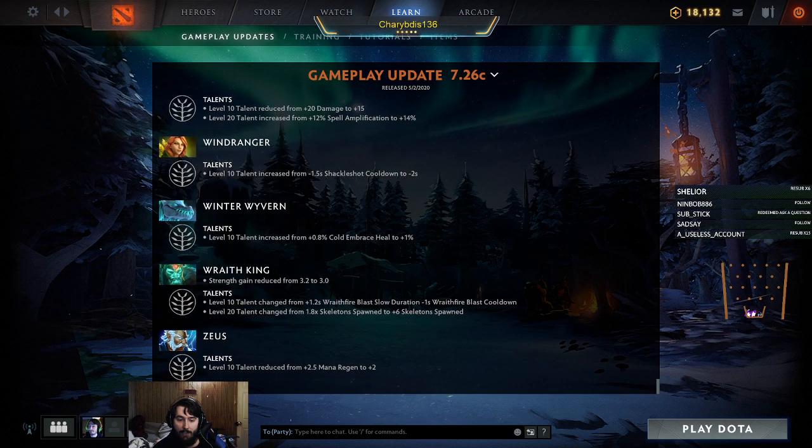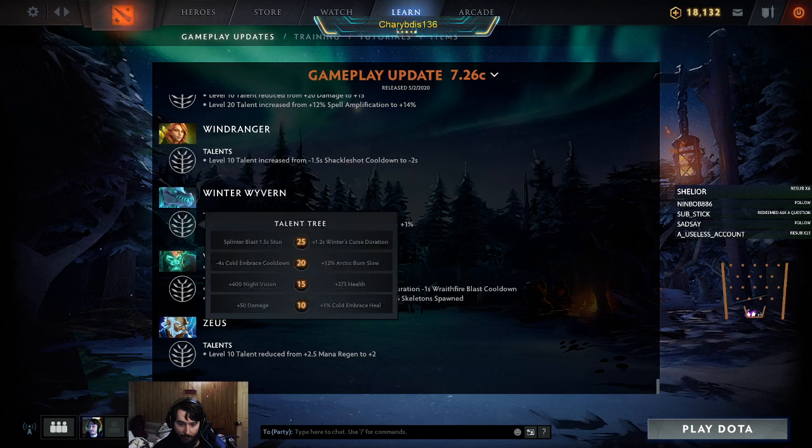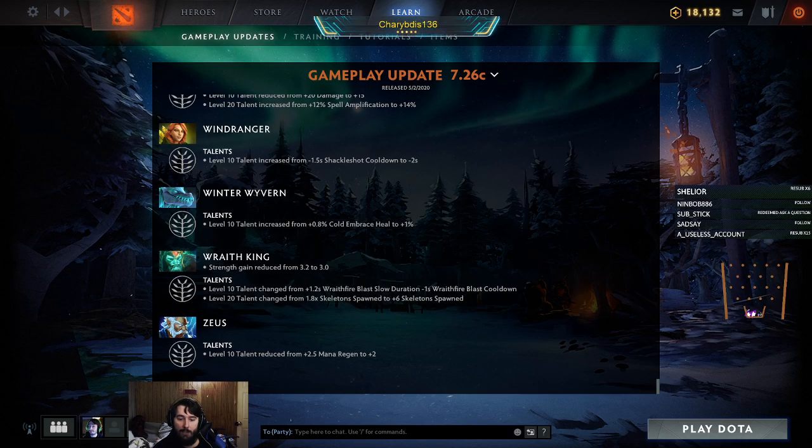Shackle Shot, nobody takes that. Cold Embrace heal talent, which is probably worth it now. I don't know. Damage is really nice too, though. It's level 10, it's big. Strength gain was reduced on Wraith King, making him less tanky and have less damage. They nerfed his...